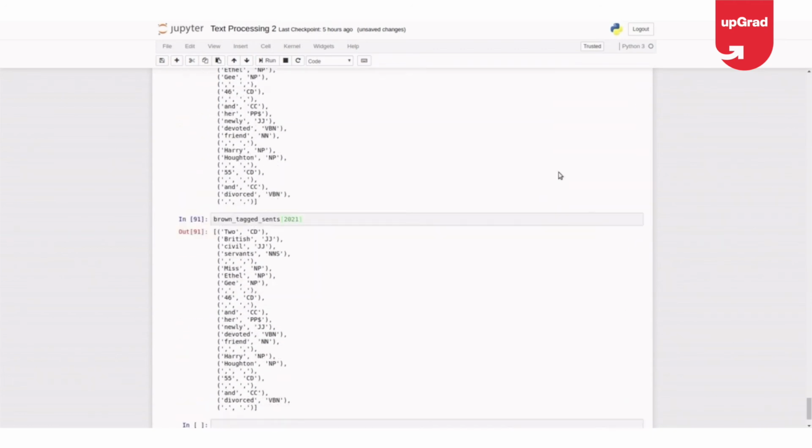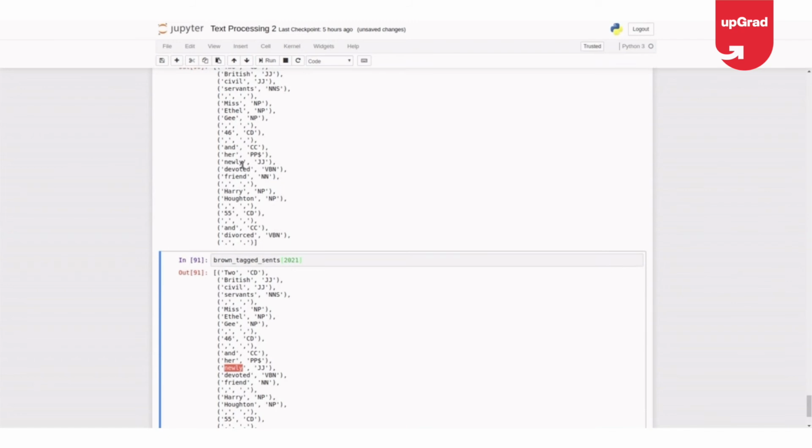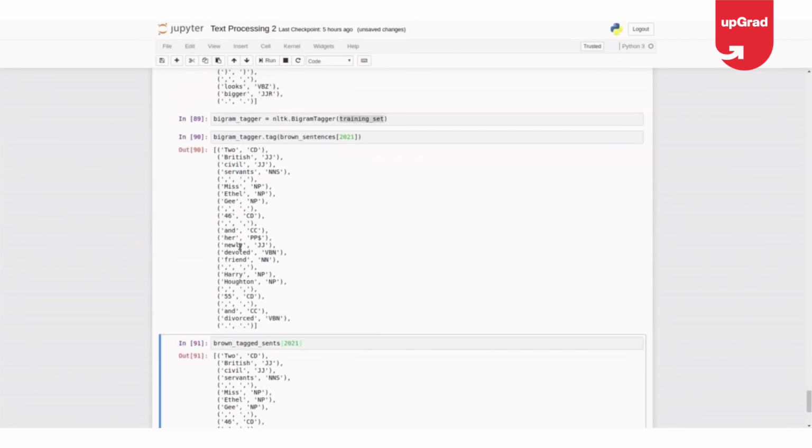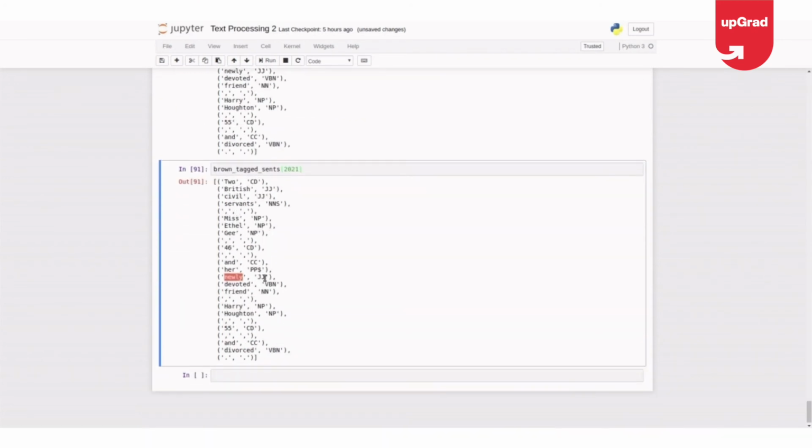Let us check now. Newly is JJ here, and newly is JJ here. So my bigram tagger has performed well and predicted that newly is actually an adjective, and here is also an adjective.